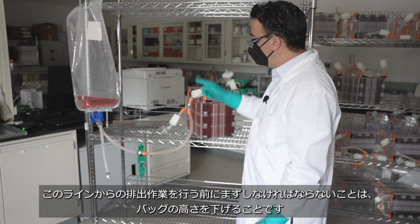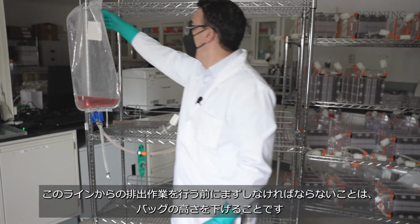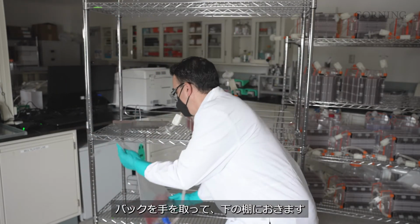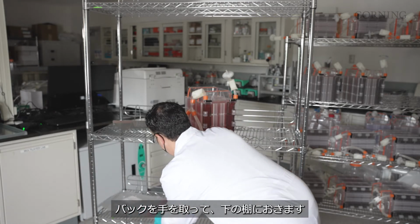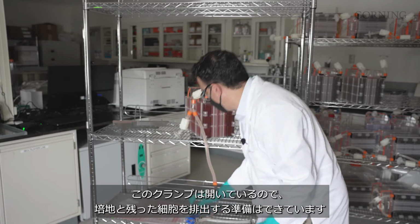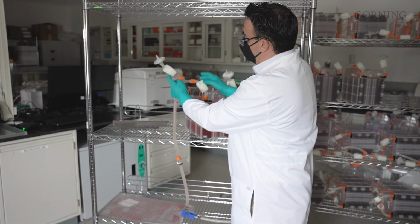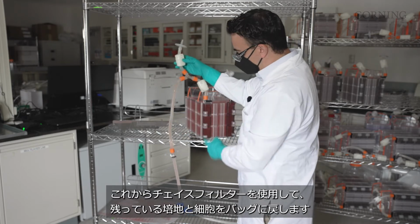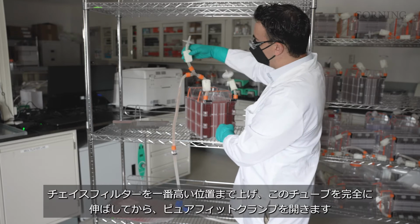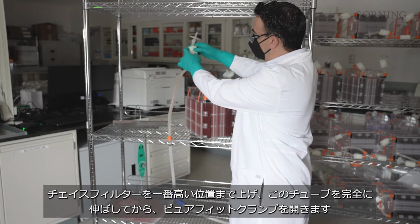The first thing that we need to do before we chase this line out is to drop the height of our bag. We're going to reach over, we're going to drop this down to the lower shelf. Set that bag down. Again, this clamp is open so that we're ready to chase out the media and residual cells. We're now going to utilize our chase filter to again remove any of this residual media and cells back into the bag. So we're going to elevate the chase filter to this highest point here, extend this tubing fully